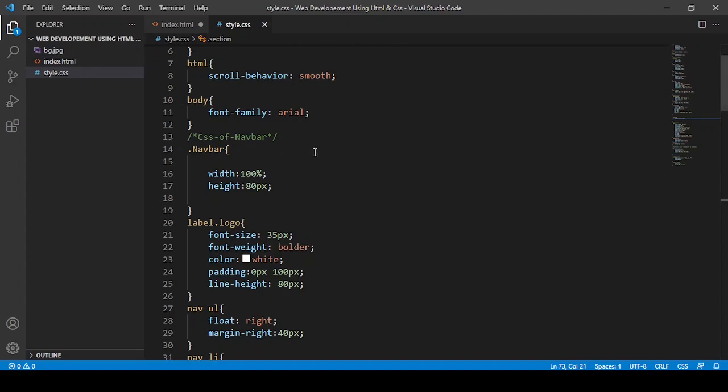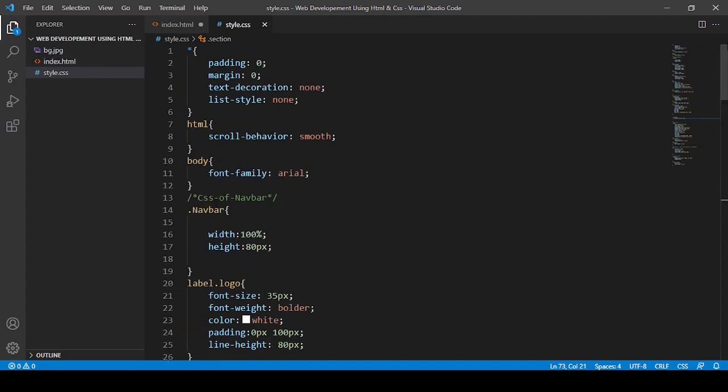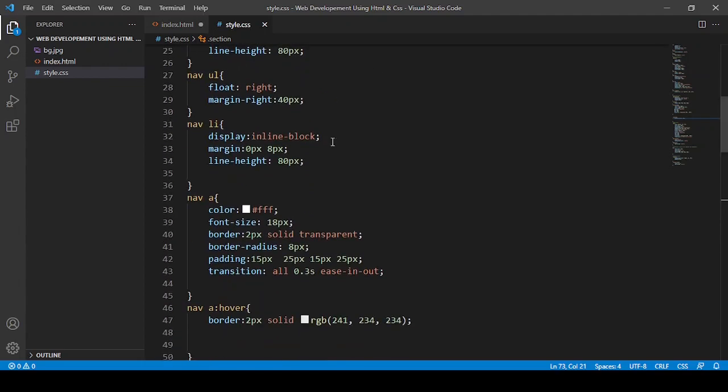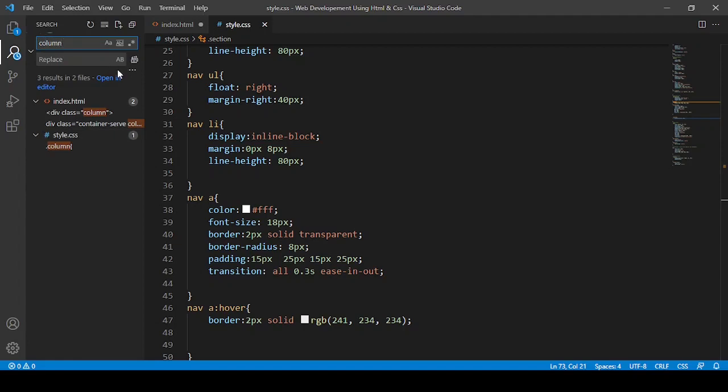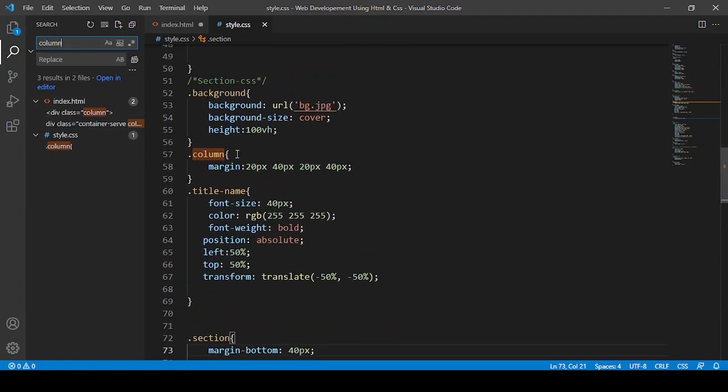If you think it is difficult to find any specific class name in this CSS file or this HTML file, VS Code has also given us a facility to search. Just go in search and type as you choose, here you can see div class container, and here now you can see. So that is the facility.